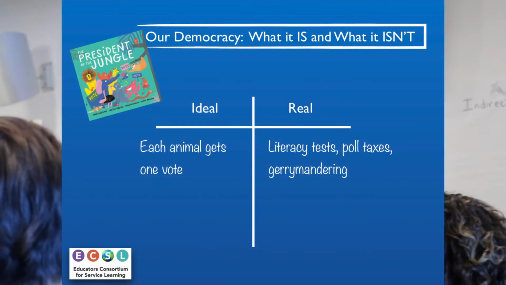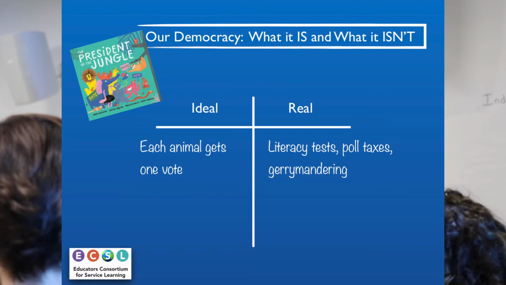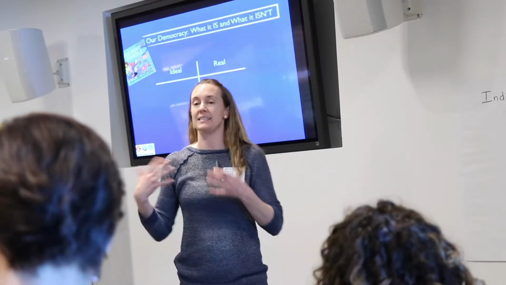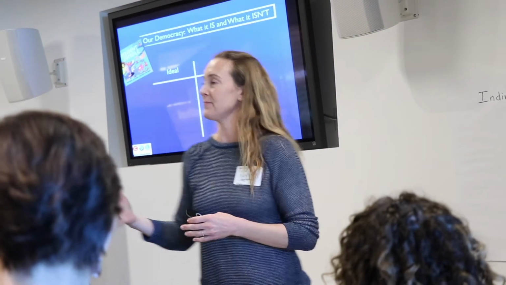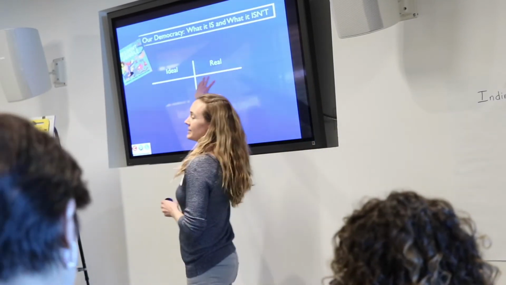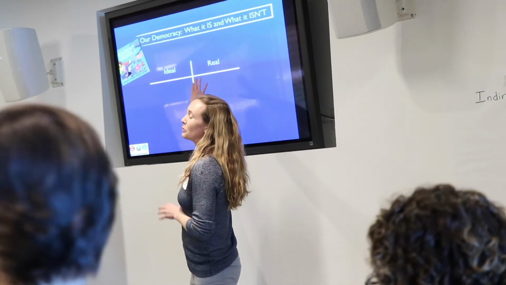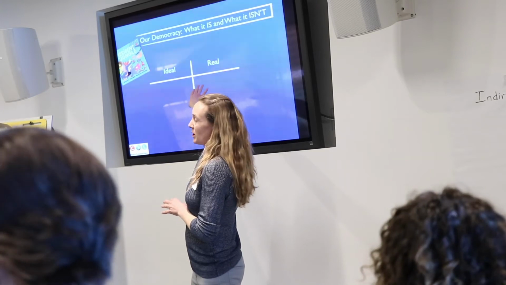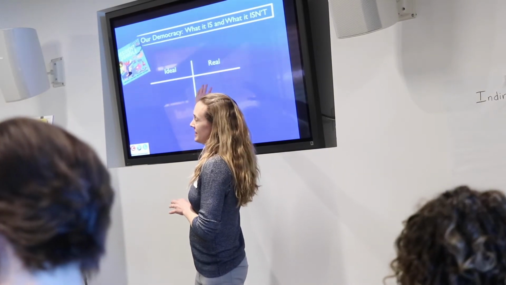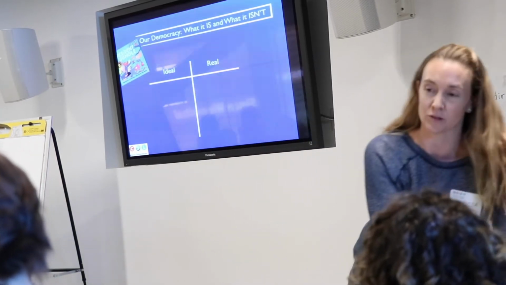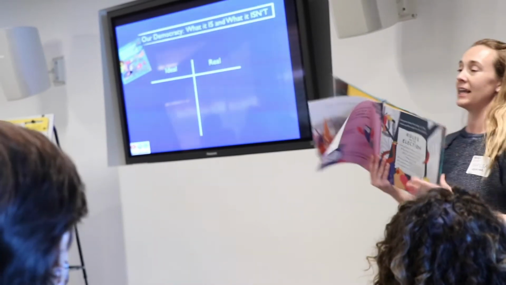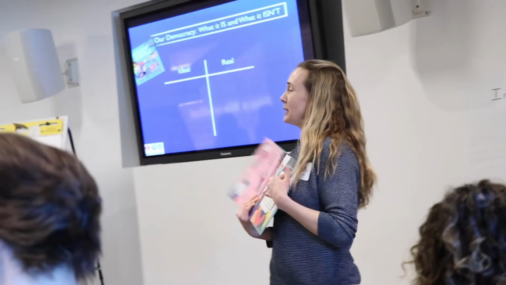On the left side, you'll write "ideal." What was the version of the ideal democracy within the story? On the other side, you'll write what is truly real that we know about our democratic process, some critical analysis, compared to what the ideal situation was inside the story. If you're looking for a good starting point, the rules for the election is an excellent place to start.